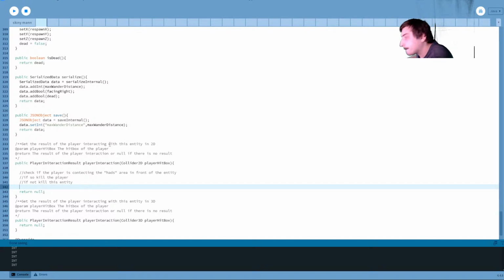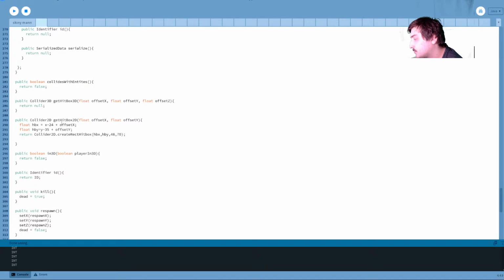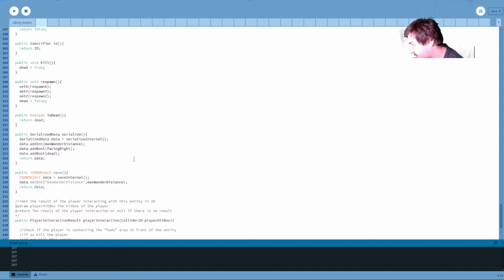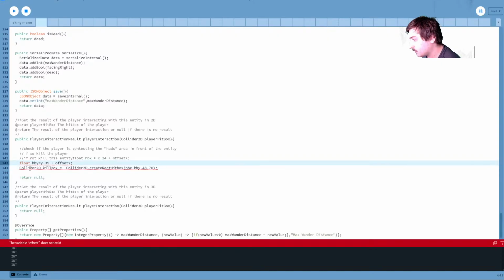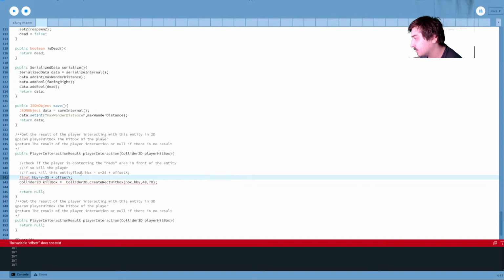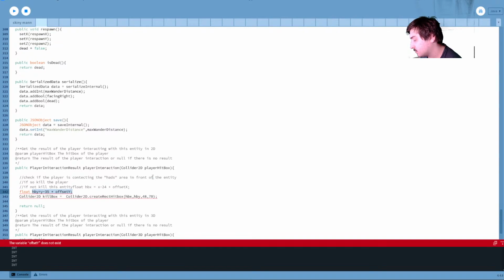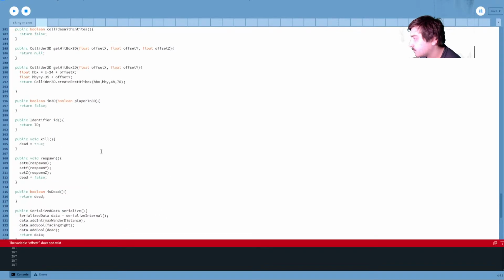So we'll start with the entity hitbox here. Obviously we don't have any offsets here. Really, I only got one of them?